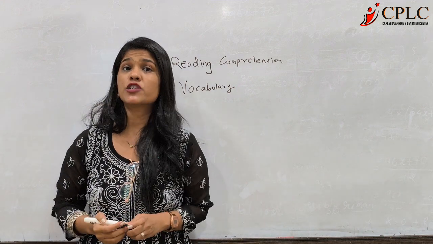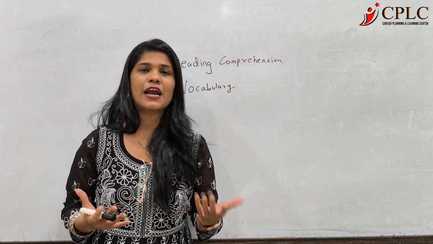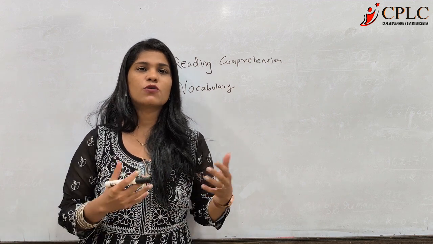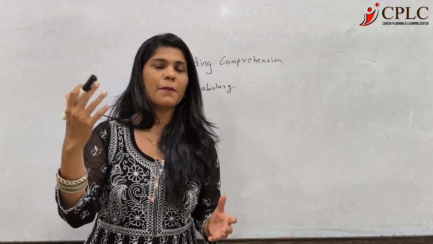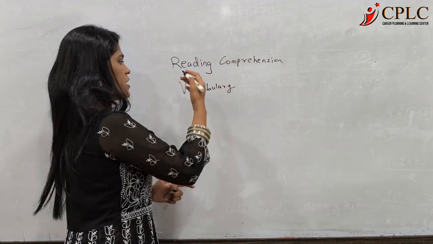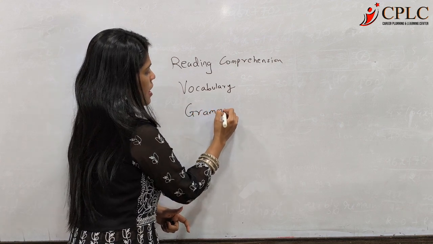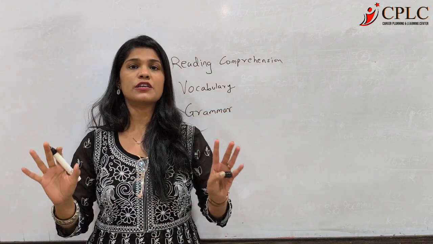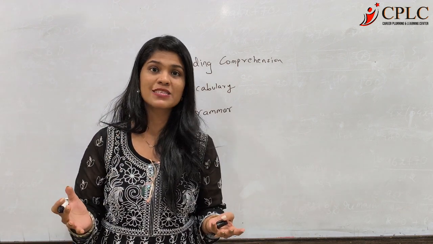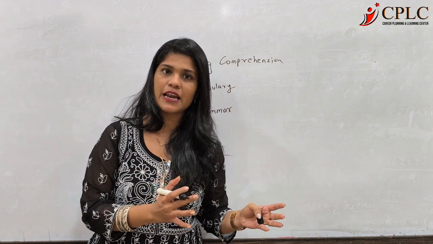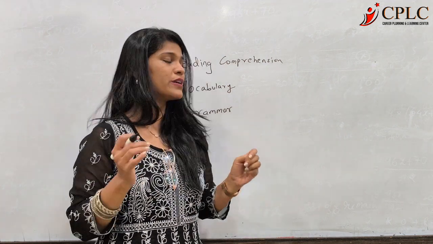Now, again, vocabulary questions too we have done in our school time. There are questions like synonyms, antonyms, find the odd one out, analogy, etc. Again, the difficulty level will just be a bit more than your school level. The next one will be grammar. I know you have done grammar in your school, but here we are going to study a lot of new rules that you might not have studied at that time. So we'll dig deeper into the grammar section here. That's what we'll be doing today.